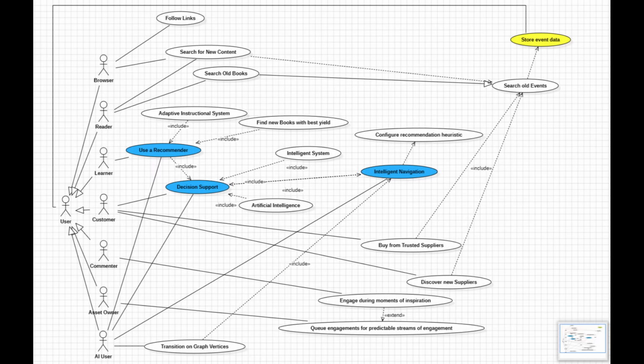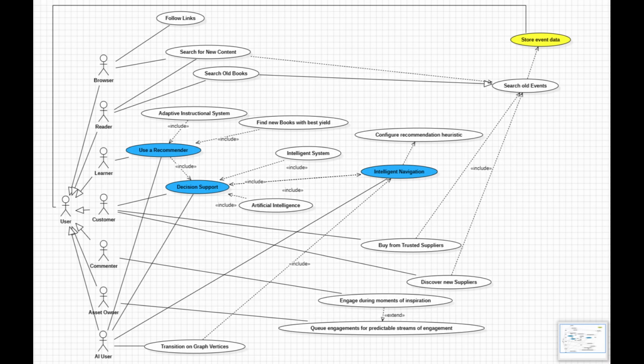Then I derive a generalization of an actor, such as the user in this diagram, and see which use cases apply to the more generalized or generic actors. This helps me understand the dependencies between the use cases better than if there was just one class of actor. Also, I have some highlighted use cases that are directly used by specialized actors and the relationship between them to see in terms of degree or the number of edges incoming and outgoing of each use case,